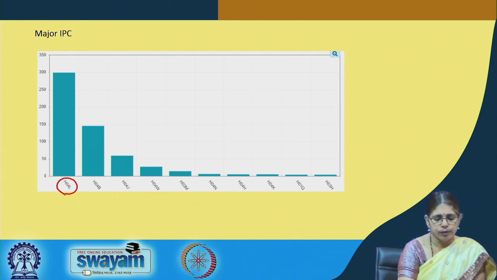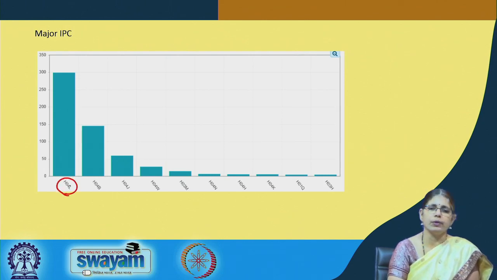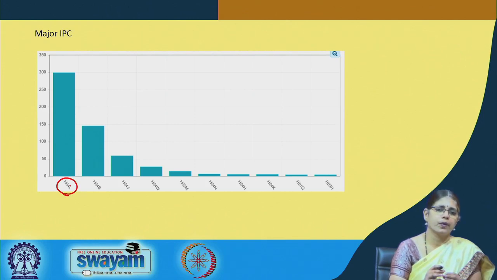H04L is the major IPC in which patents have been clustered. That means this is the class in which you can find the technology relevant in relation to the classification of that particular patent.